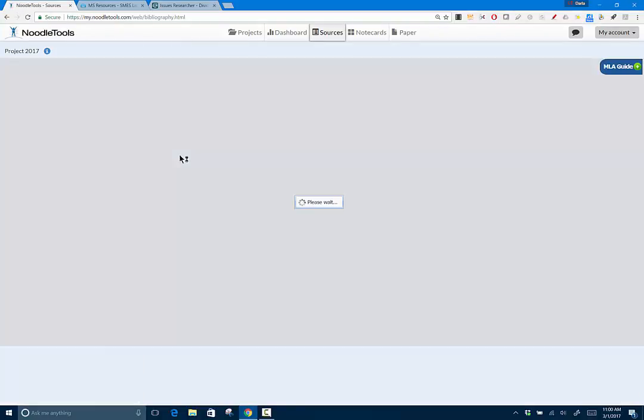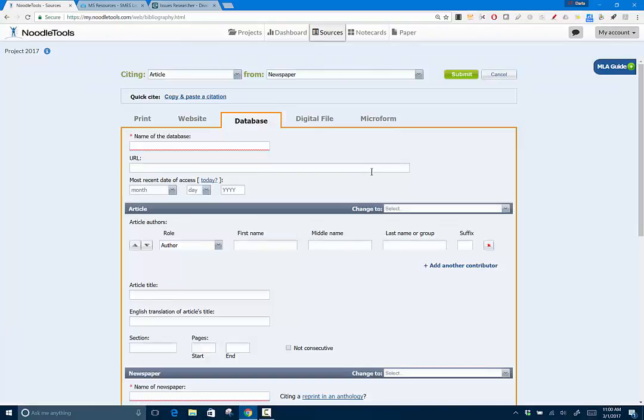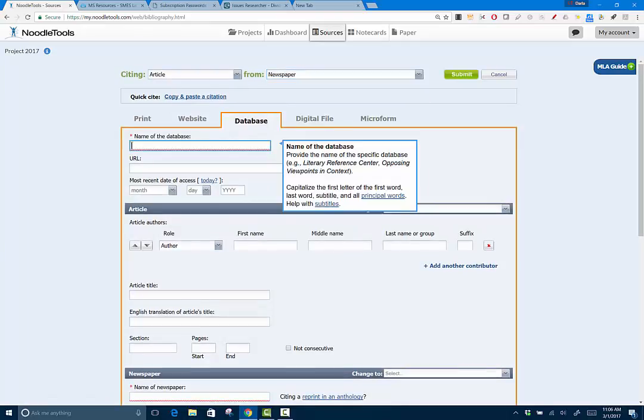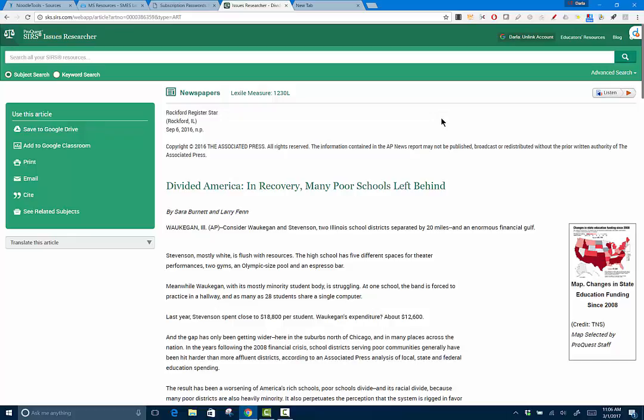And now Noodletools brings up the appropriate template. You can change the template at this point if you realize you made a mistake. A helpful box comes up that tells you what you're supposed to type in there. So this is the name of the database. Provide the name of specific database. Capitalize information down below. So I don't know my database, so I'm going to go back and look, and